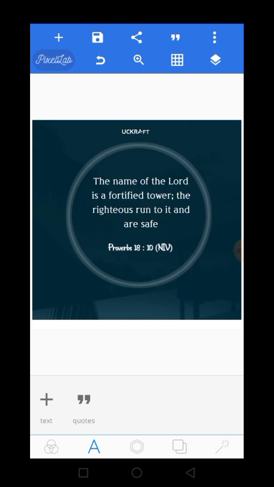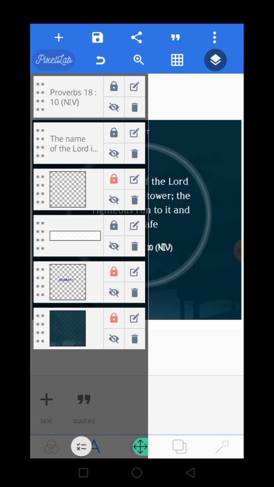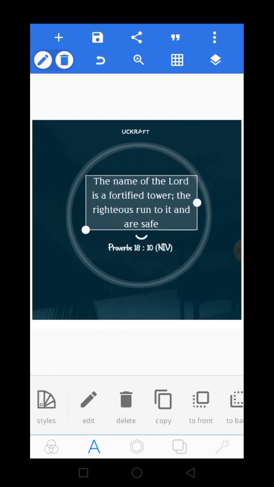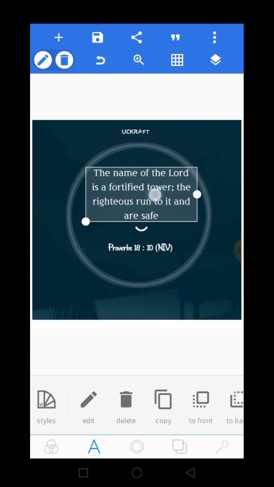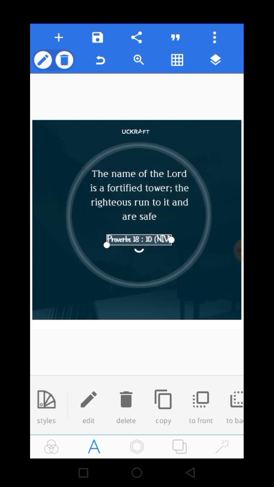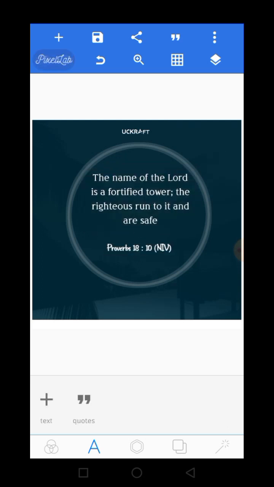There is another thing I forgot to write. Welcome to September. Welcome to September. And I want to write it just below UC Craft. So what do I do? I have to unlock the circle first. Okay, let me arrange everything I'm making and the text together. Alright, you can see how everything is being coordinated. So that's how coordinated it should be when making designs. Alright. So if everything has been centered,